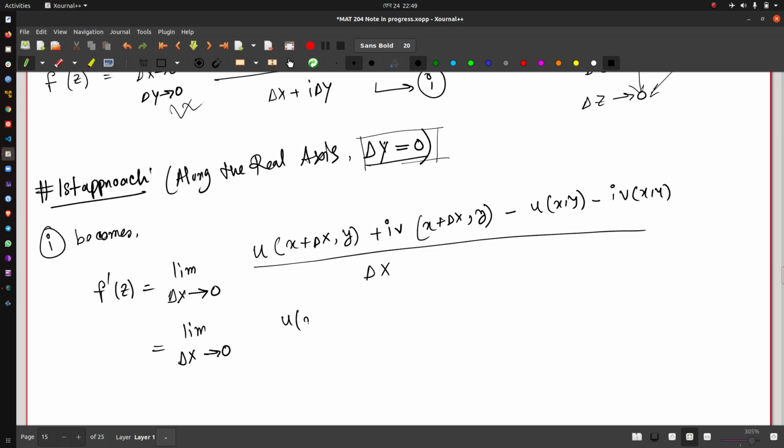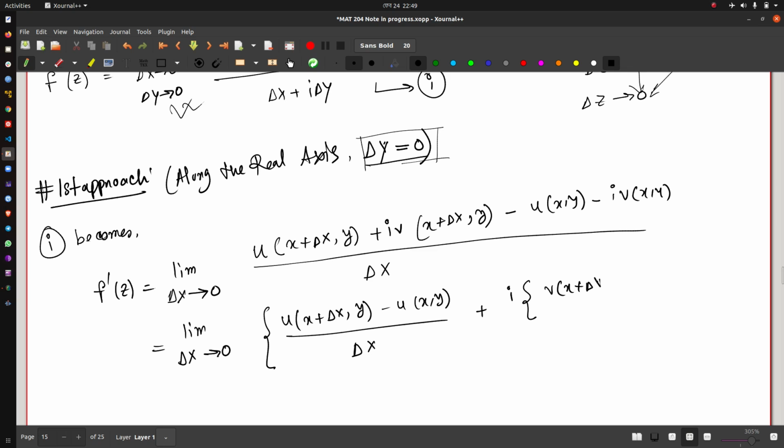If you collect the real terms only, and if you collect the imaginary terms only, it will be bx plus del x minus bxy by del x,